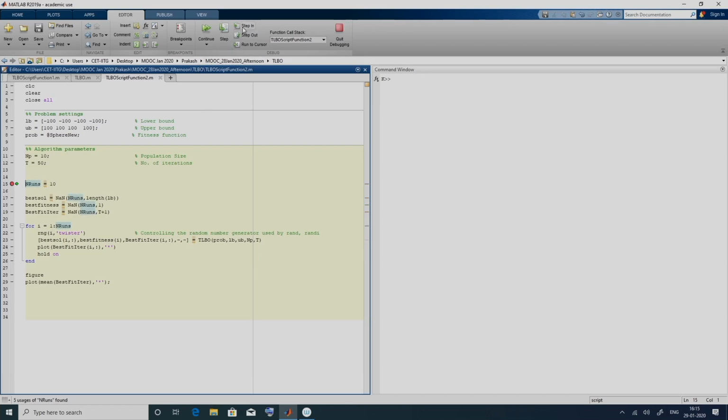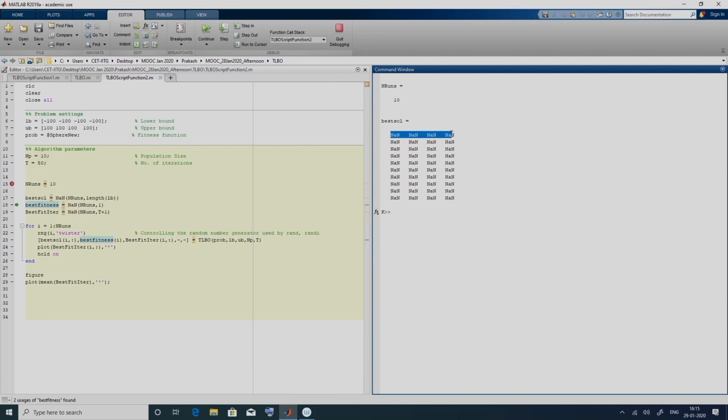The first variable that we would require is best solve. Every time we run it, we will get one row and as many columns as the number of decision variables. So, we are defining best solve with values of NaN, and that matrix will have 10 rows, the number of runs n runs, and 4 columns in this case, because we have a 4 variable problem. So, length of LB will give us 4 and n runs is 10. This is just initialization.